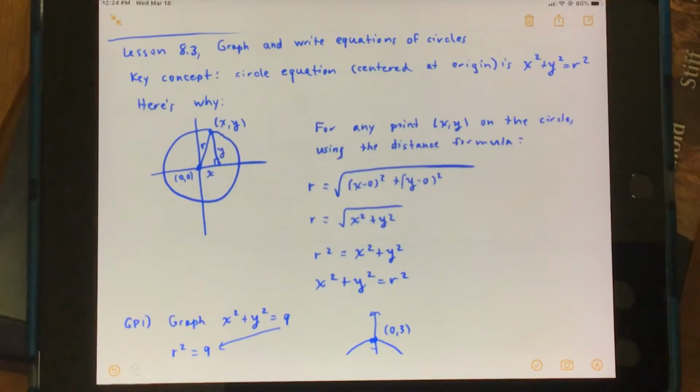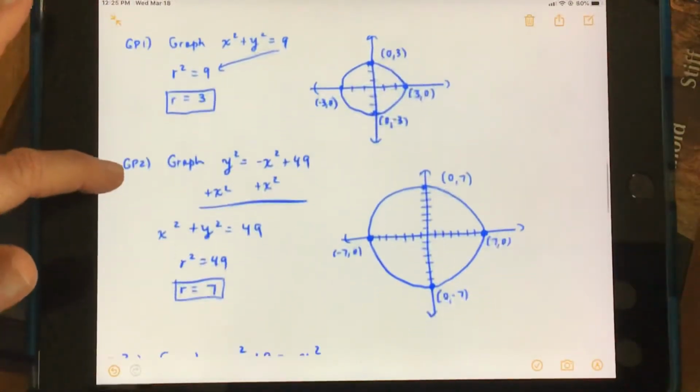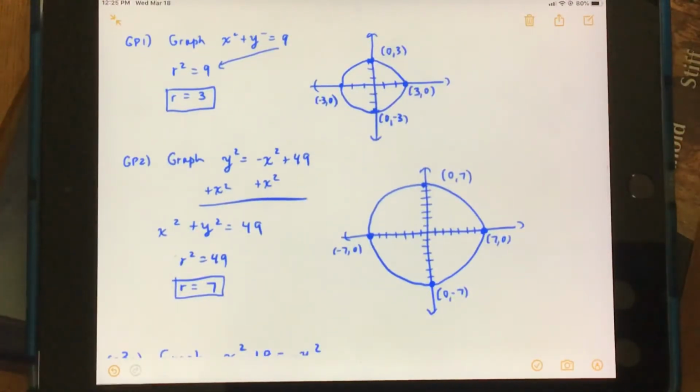When I simplify that, you'll notice it simplifies down to the circle equation x squared plus y squared equals r squared. Now we're just going to use that equation. You do not have to memorize the derivation, but I did want to show you where it came from so that it makes sense. Now we're going to move into guided practice 1, where we're actually going to graph an